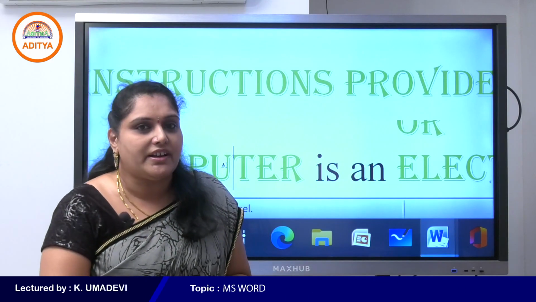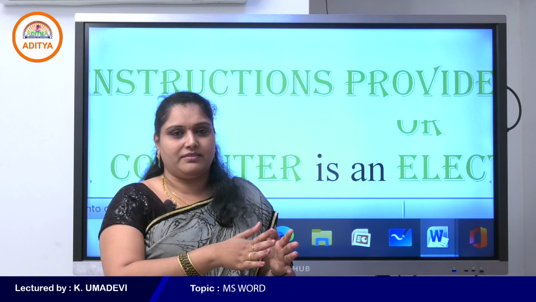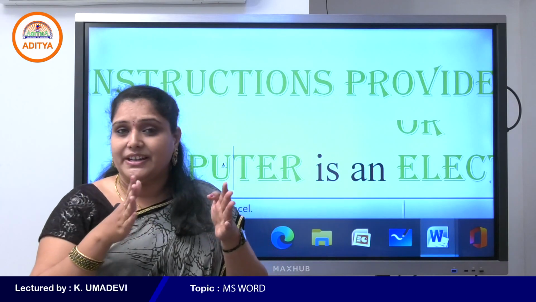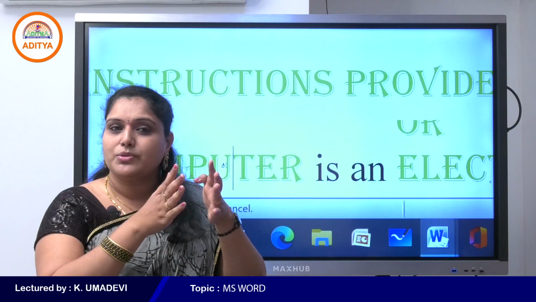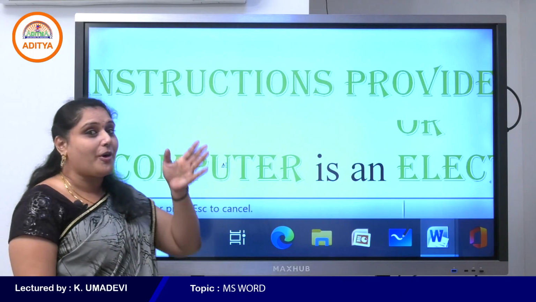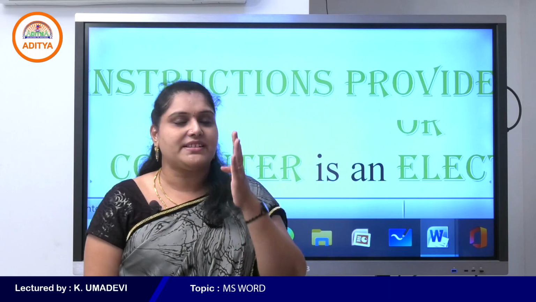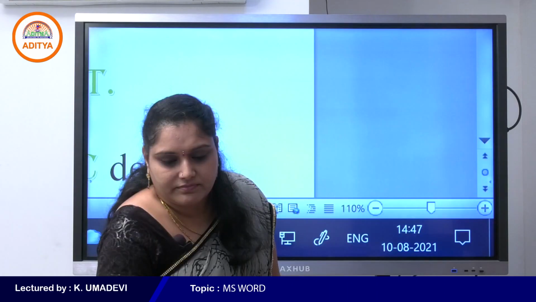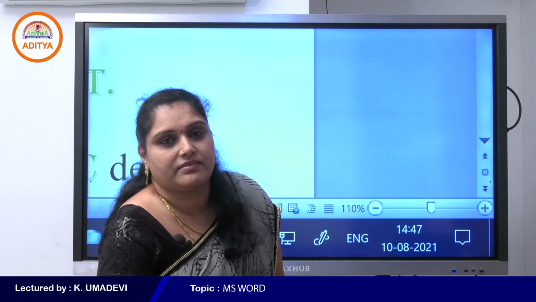Format Painter lets you copy all of the formatting from one object and apply it to another, like copy and paste. But the difference between copy and Format Painter is that copy is used to copy the original content, but Format Painter is used to copy the formatting only. Formatting means font, font style, font size, bold, italic, underline, everything. Format Painter is used to change the format of selected text.